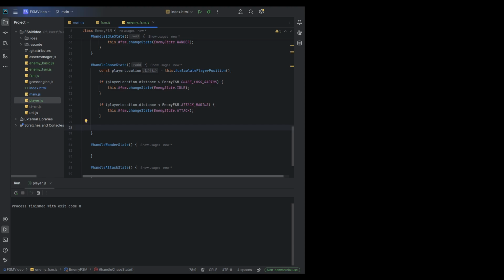And then finally, what we can do is, this means that no transitions happen. We can continue or run our chase state. And in this, all we want to do is just check if our player location is greater than our attack radius, which we know it is, greater than or equal to, I guess, less than or equal to attack radius. There. Greater than attack radius, then we just want to move our location